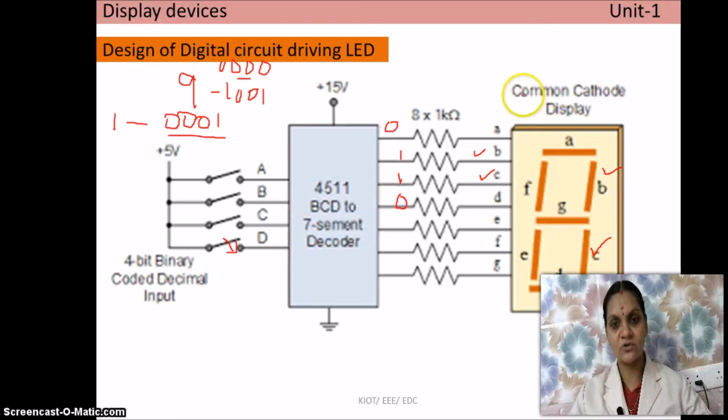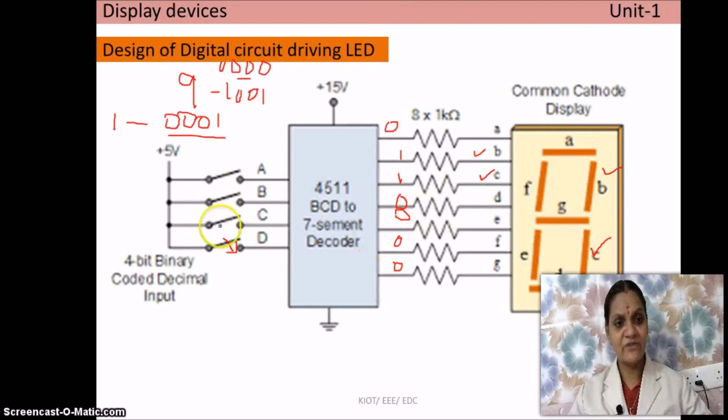This is common cathode. Cathode means all the cathode terminals are connected to ground. If you want to turn on the corresponding segment, we need to give plus 5 volt. That is the common cathode. So giving plus 5 volt means here it is logic 1. So logic 1 has to be given for the segments B and C, and for all other segments it should be logic 0. Actually this is the output we need to get from this BCD to 7 segment decoder. For that you have to design a circuit inside this decoder by a combination of some logic gates. How to do this you will study in DLC.